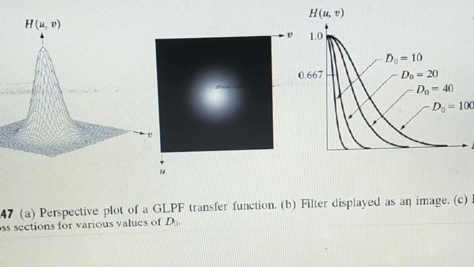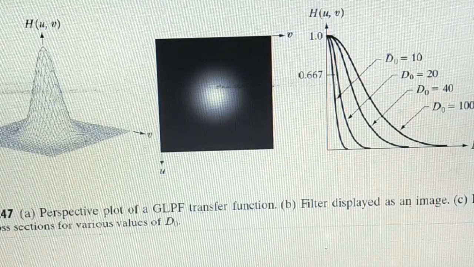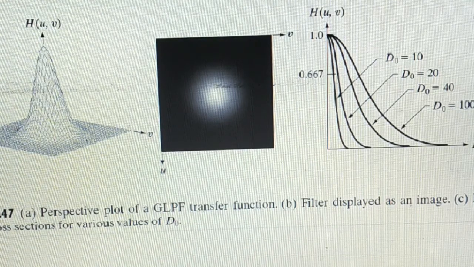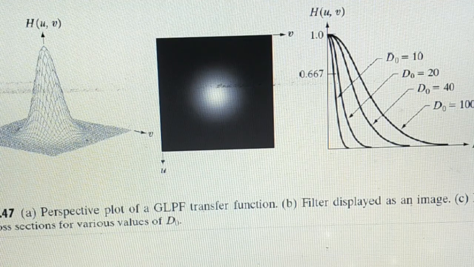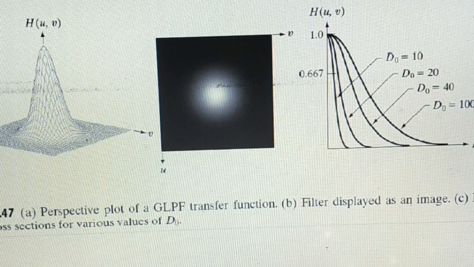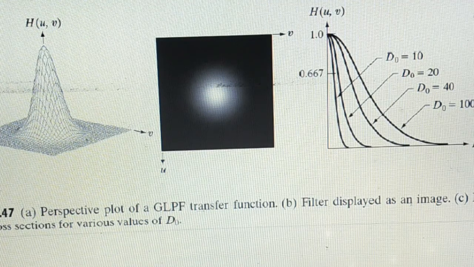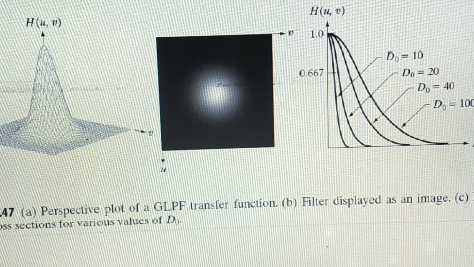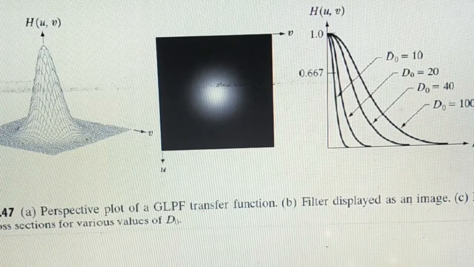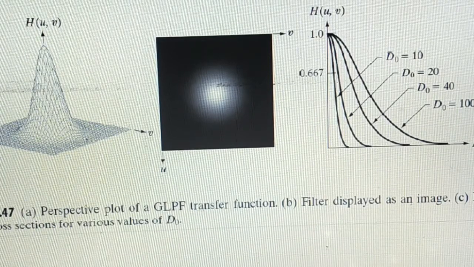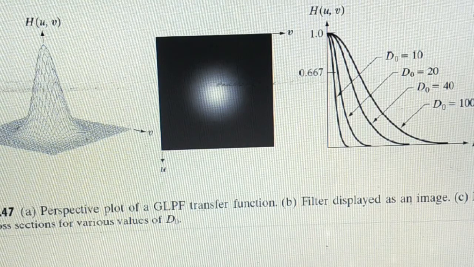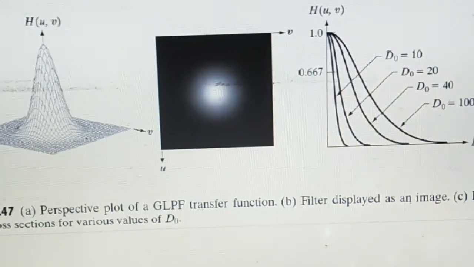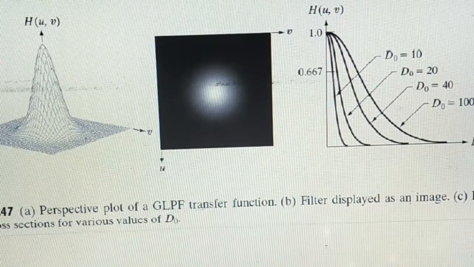One more speciality of the Gaussian low pass filter is that the spatial Gaussian filter, that means when we calculate the IDFT of the capital H of u,v, which is the frequency domain thing, it is again a Gaussian function. Being a Gaussian function, the spatial Gaussian filter will have no ringing effect, which may otherwise be there for other sharp cutoff frequency filters, but in the case of Gaussian filters there will be no ringing to be seen.